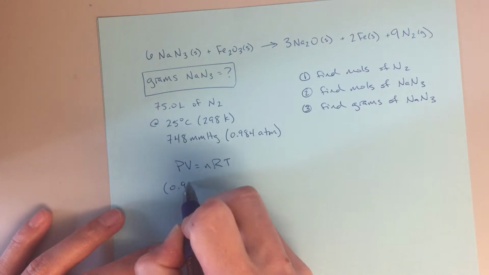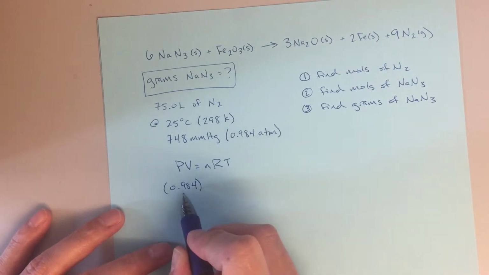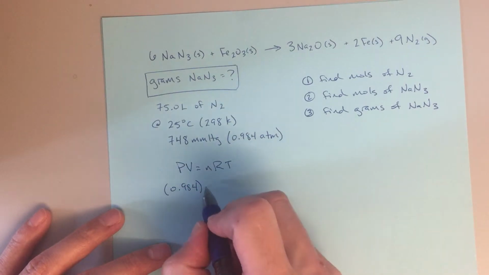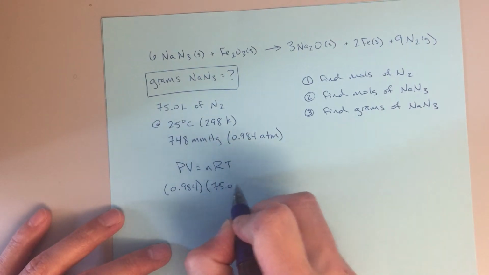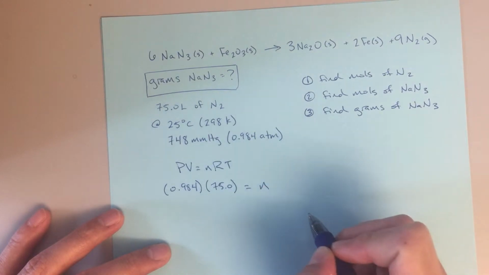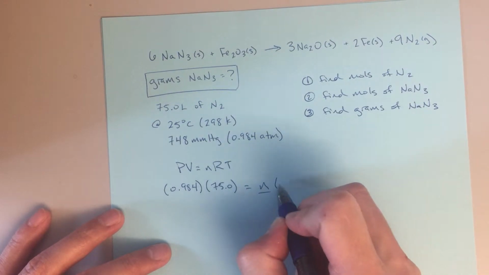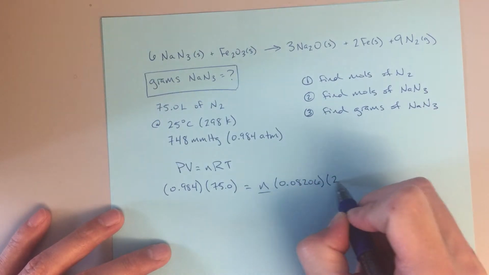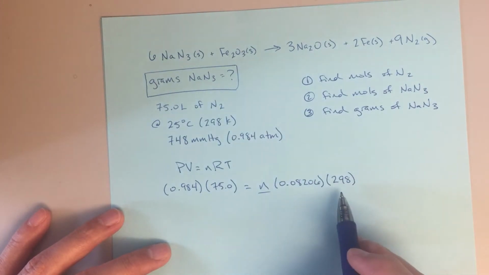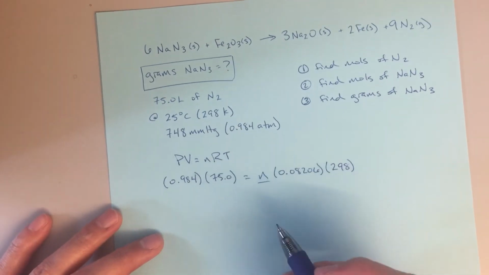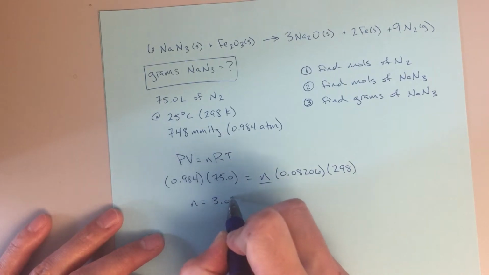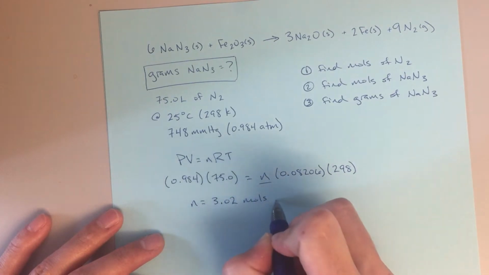So 0.984, again, remembering that I need to use atmospheres here, so I've converted millimeters of mercury to atmospheres. My volume of 75.0 liters. That's going to equal n, which is my unknown. R value 0.08206. And then my temperature in Kelvin. So again, a really common mistake that people make is putting in Celsius here instead of Kelvin. So just plugging that into my calculator, I can solve, and that will give me n equals 3.02 moles of